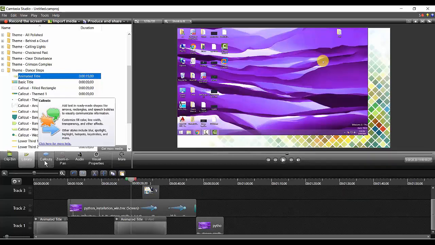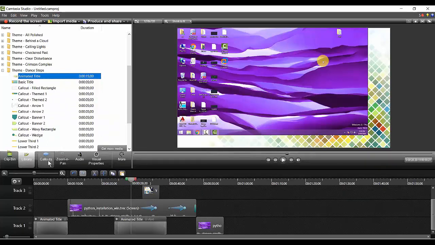But on my screen, I am unable to see. Okay. If it is not there, go to More. Click on More. You see if at all the callouts are there or not. No, sir. I have cursor effects, voice narration, audio effects, visual effects, and interactivity. That's all.